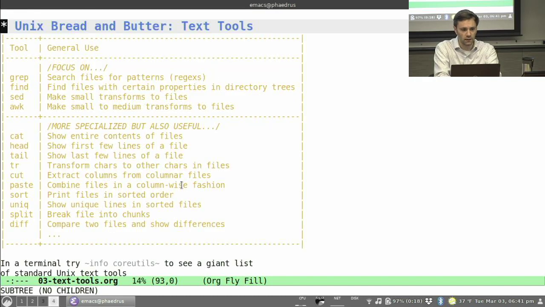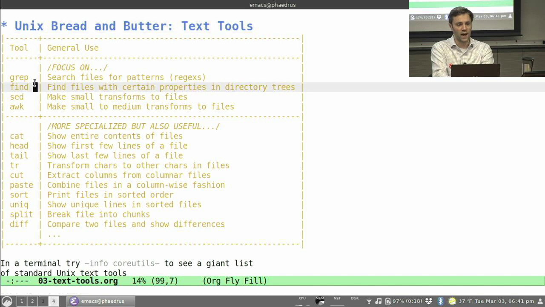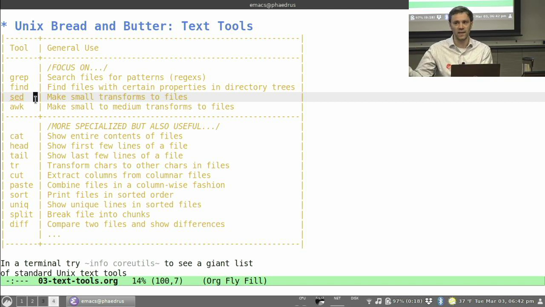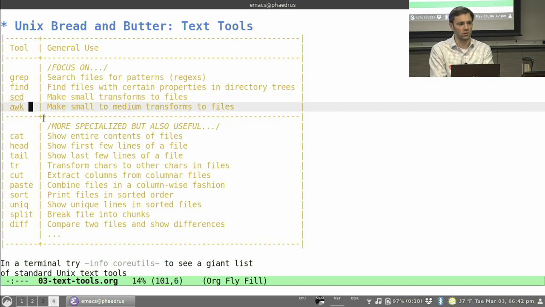To that end, there are a ton of text-based tools that are present in Unix. And we will only have some time together to talk about a few of the ones that I find most useful in a general purpose sense. These are progressive in terms of their utility, like grep and find, which allow you basically to look for things. And then sed, which is a cheap way to do light edits: I have some text coming in, and I want to make a little bit of transformation to it to produce some new, slightly different looking text. And we'll end tonight with a discussion of awk, which is a very unloved small